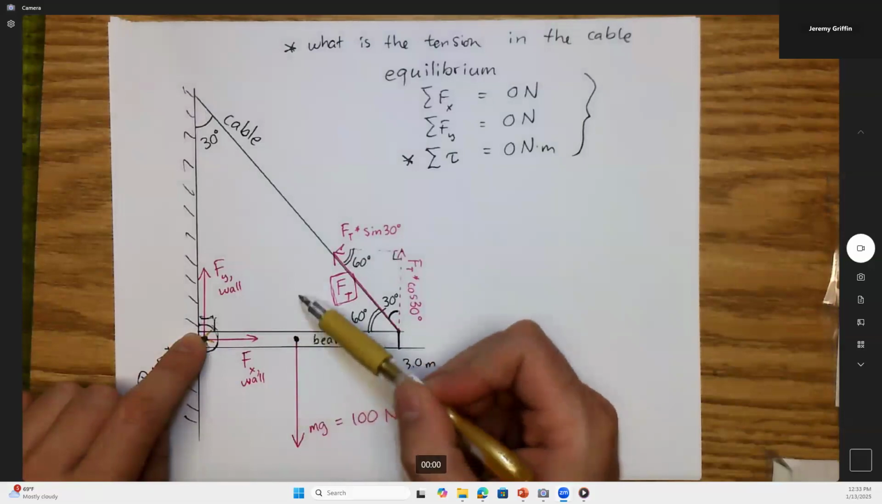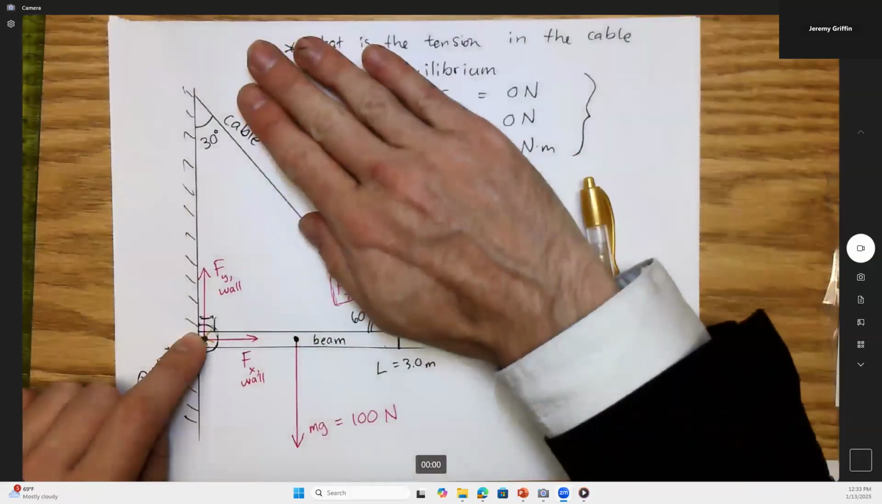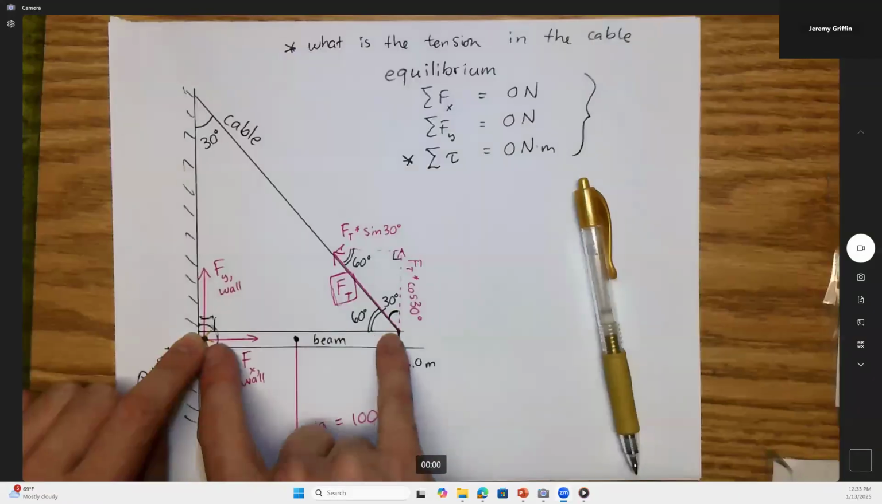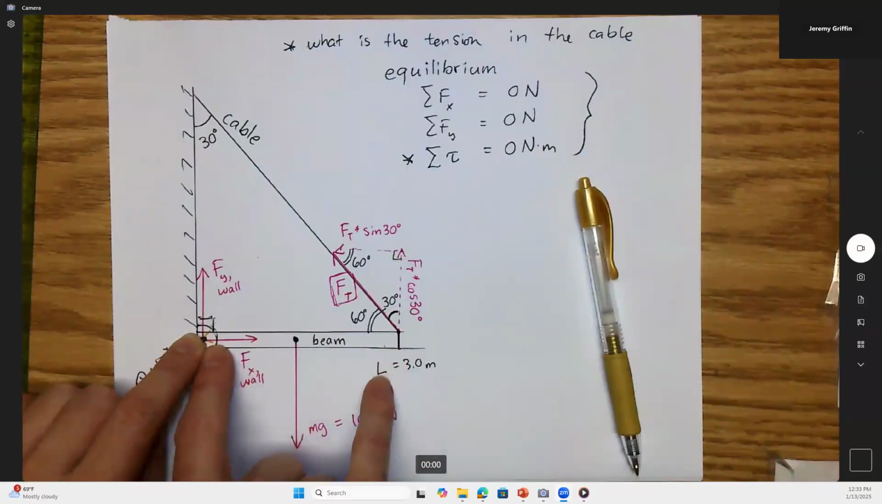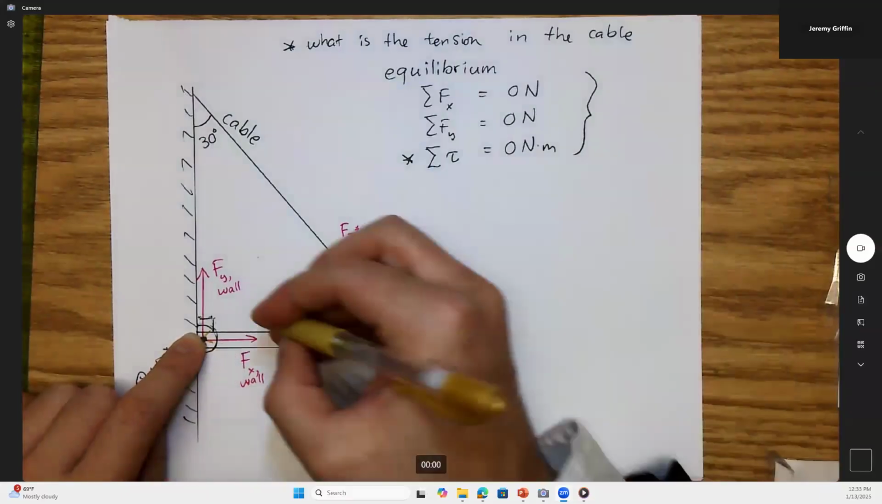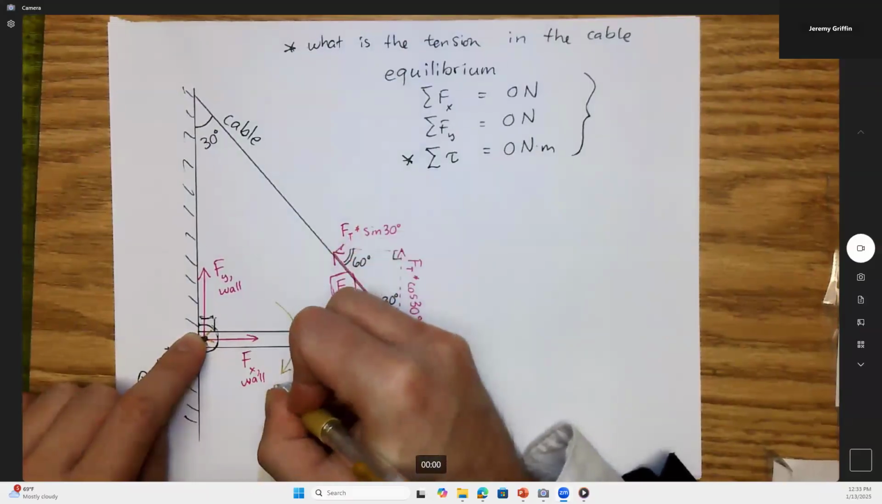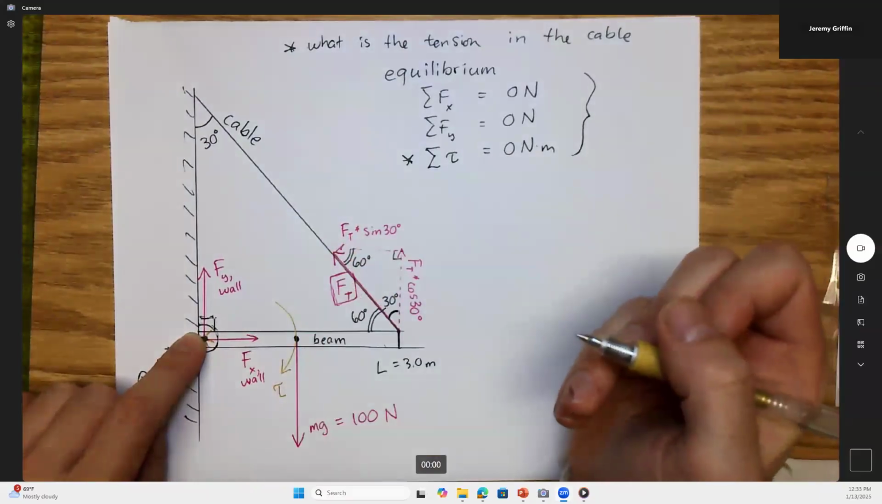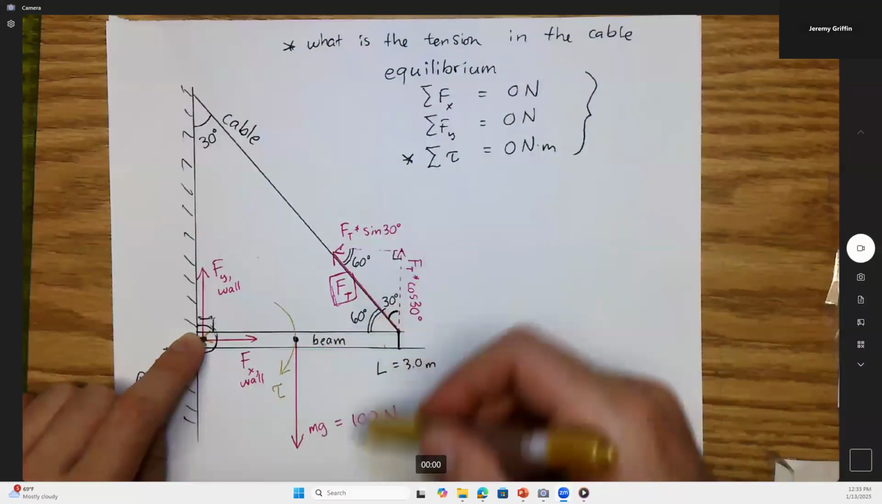Now, the weight of the beam. If you cut this cable or took the cable out, just the fact that the beam has a weight, it wants to rotate how? Clockwise. You guys see clockwise? So the weight of the beam at this distance from the pivot point is causing a clockwise torque. Remember, I'm going to treat the weight as all acting through the center of mass of the beam, and mathematically